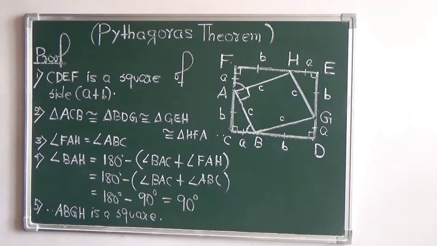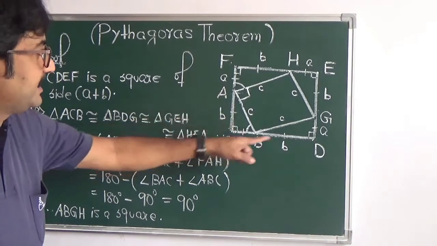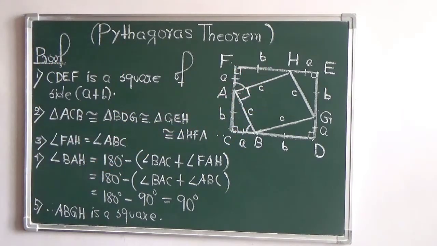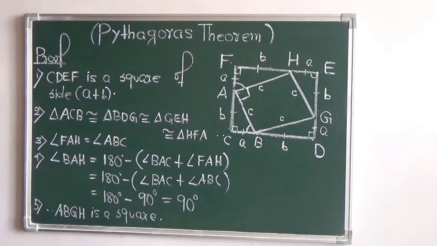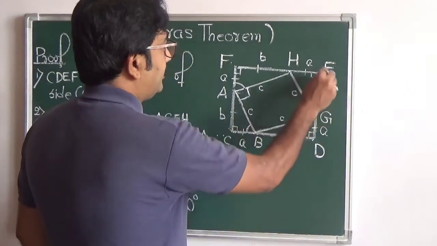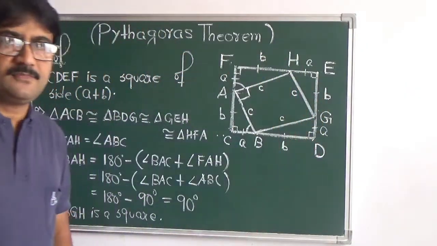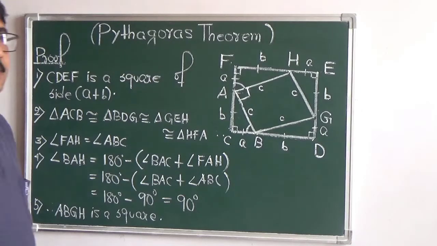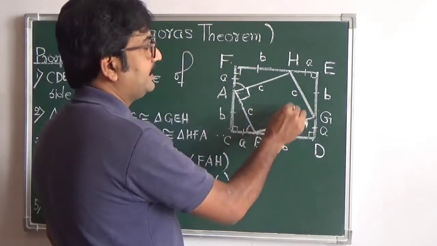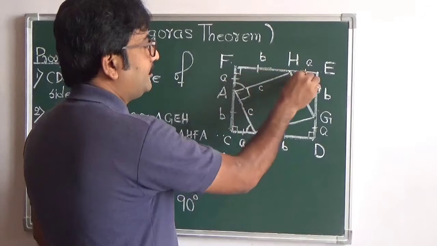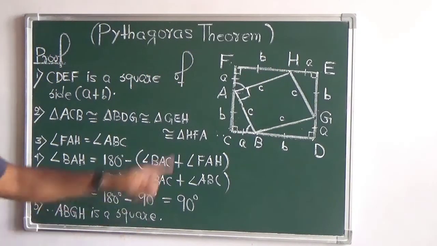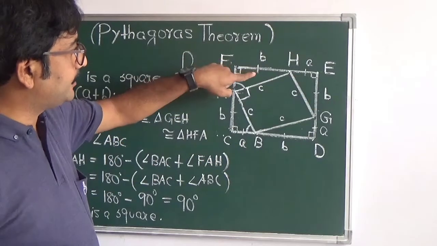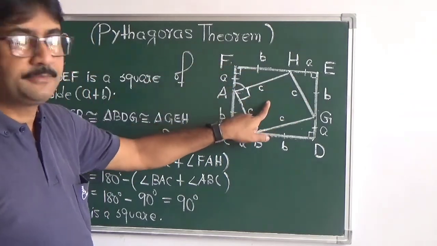So we can find now the area of this square. Since we have come to know that this is a square, we know the formula for finding the area of this square, that is side squared. Now look into this. What is the area of this bigger square? The area of the bigger square will be given by the area of the inside square, this one, plus the sum of the areas of the four congruent triangles. So area of the bigger square is equal to area of the four triangles plus area of this square.